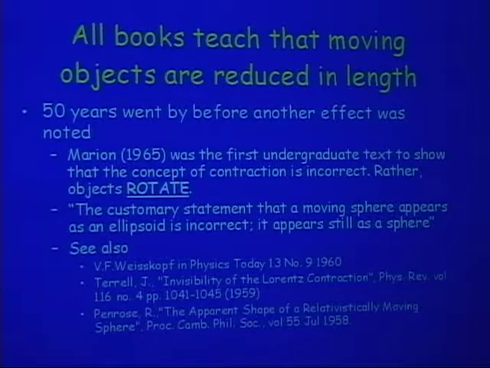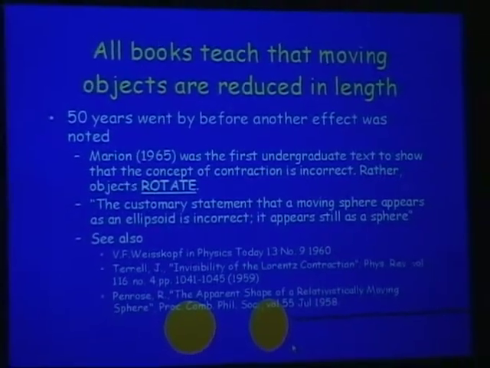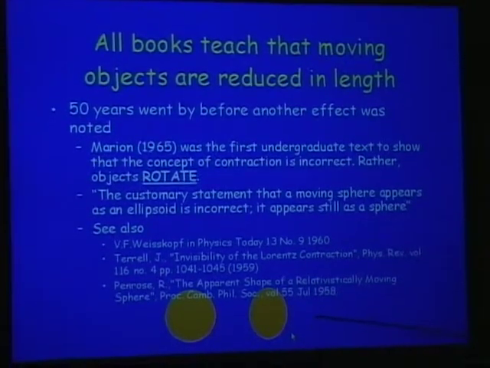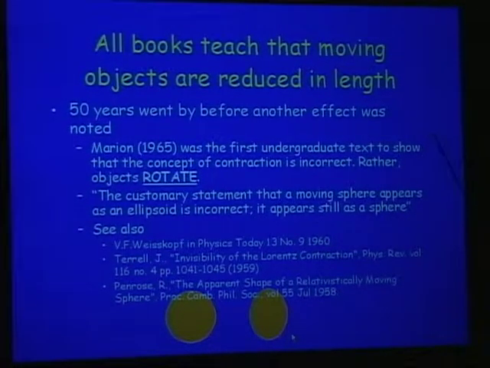Here's the sphere, and here's what we were always taught, that the Lorentz contraction would make the thing appear smaller in the dimension of velocity. But